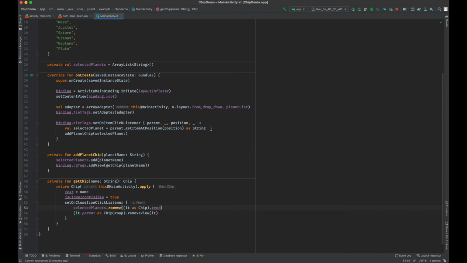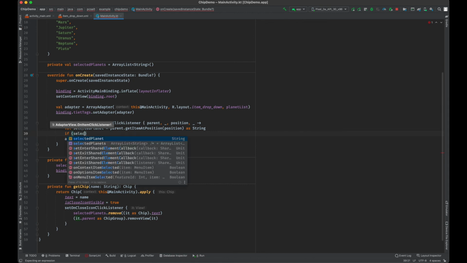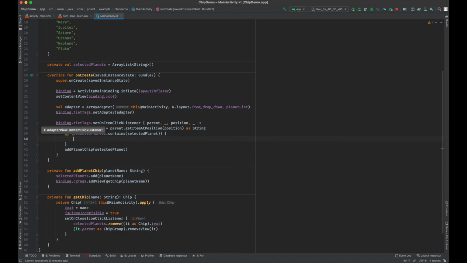Now the problem is we are adding and removing, but we are not checking for the duplicacy. So whenever we click and call the add planet chip, before that we will check if it is there or not. If it is there, then we will display a toast saying the planet name is already selected, something like this.